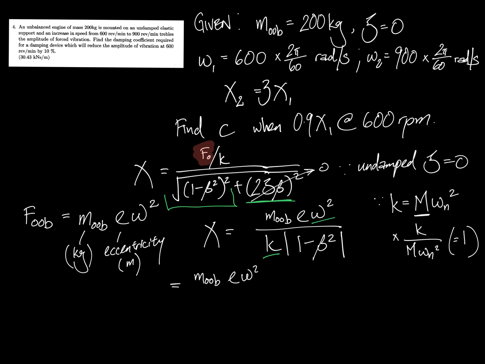So I multiply my k here over k(1 minus beta squared), and I have my M omega n squared here. Now I can cancel off the k, and we notice this term here, omega over omega n is equal to beta, hence we can replace it with beta squared, and this will give us equals to,